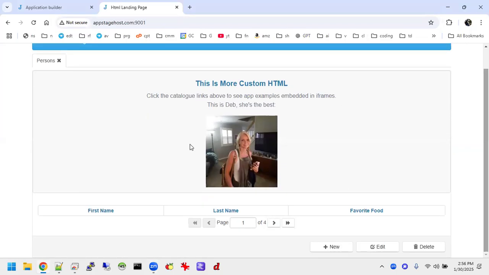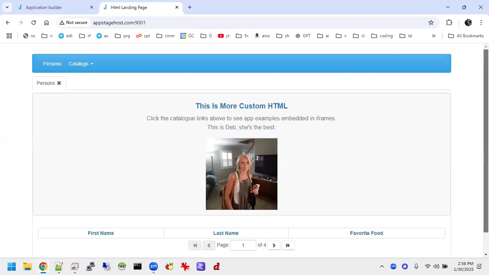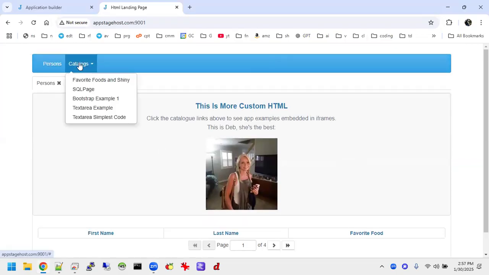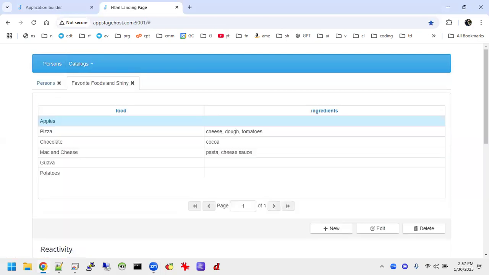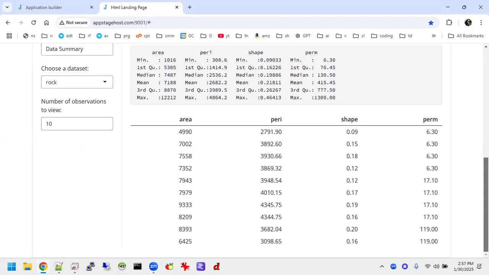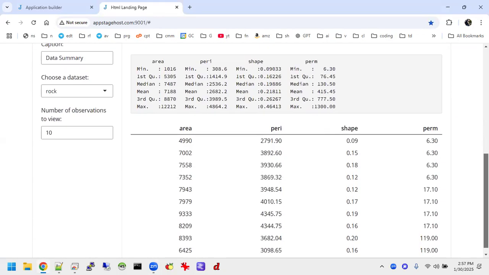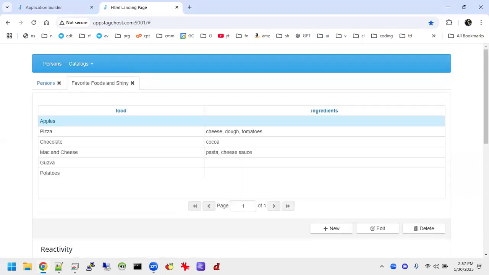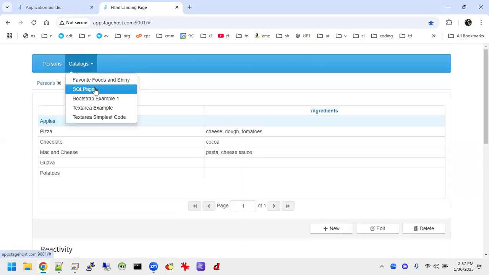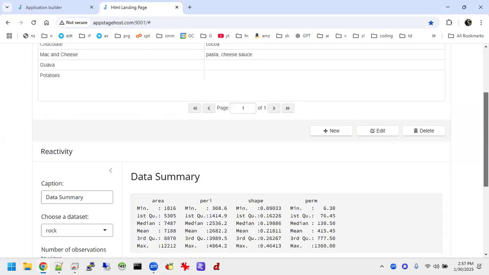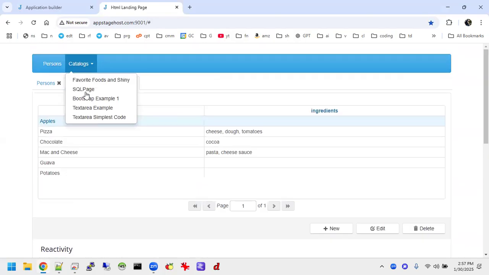still showing a grid, and then here in a couple of these other pages, I just did a little bit to demonstrate here. I've got some applications built with other frameworks inserted as iframes in the application, because that's a very useful thing to be able to do. So there is our Shiny application, but with an entirely different set of languages and tools, but hosted on the same server. And then this is a